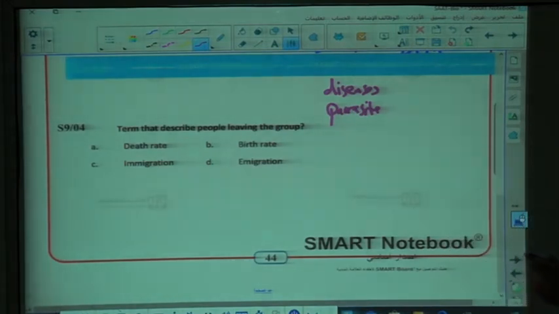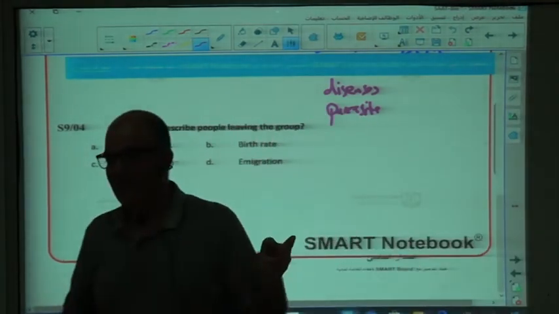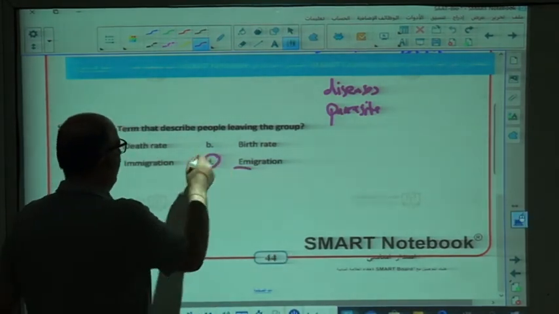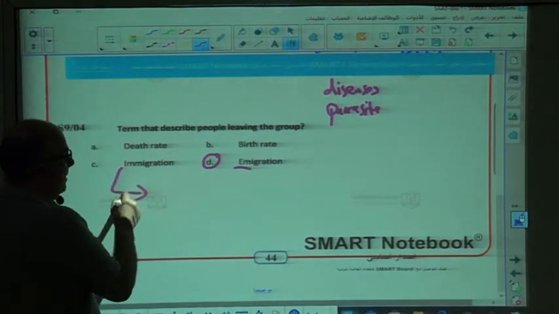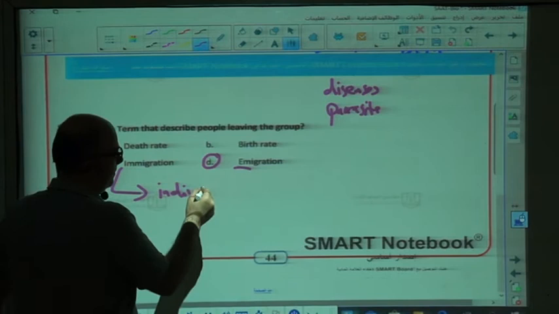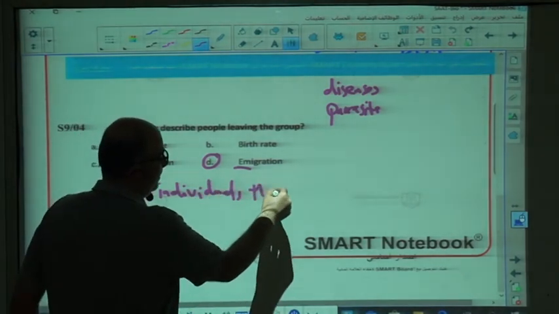Term that describes people living immigration. The group, guys, which P? Immigration, immigration. They have the same spelling, guys, but the one with I is the answer. Here, members or individuals that join